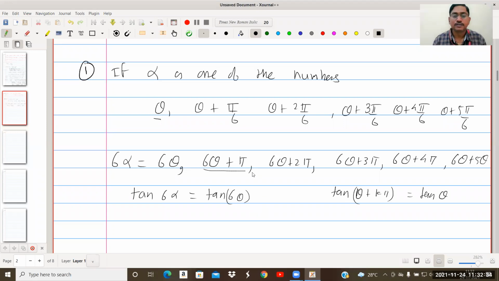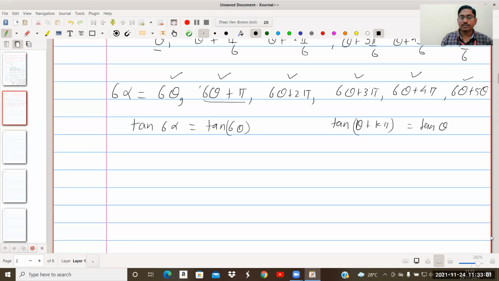You got it? So now if we apply tan on this, it becomes tan 6 theta, that is tan of each value, tan of this, tan of this, and tan of everybody is just tan 6 theta. So everybody is same. That's why I have written it. And for the expansion, we have found already the expansion for tan 6 theta. What is the expansion of tan 6 alpha then? Just theta is replaced by alpha.